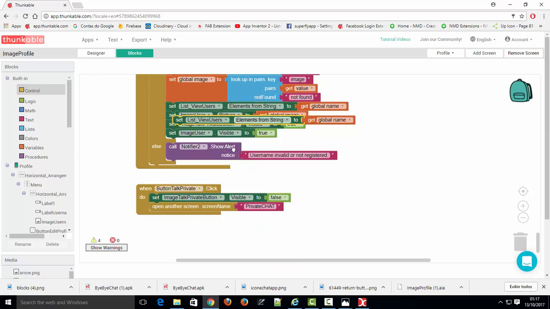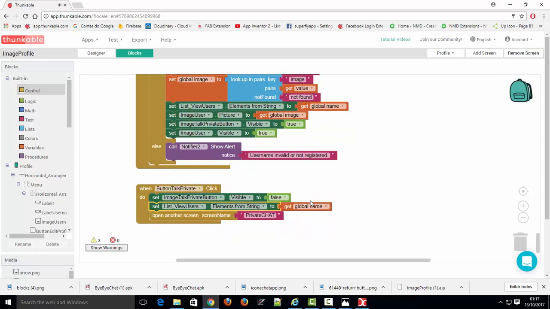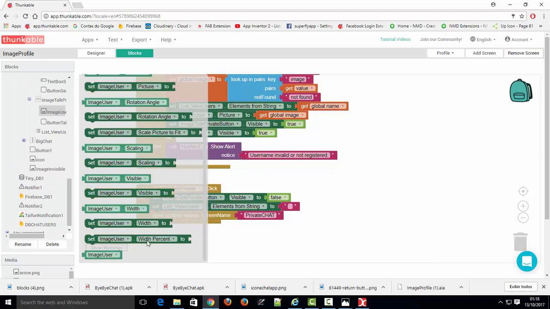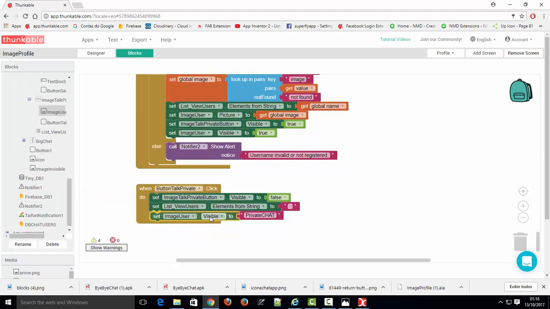We're gonna set the list view to nothing. We're gonna get the image user visibility to false,